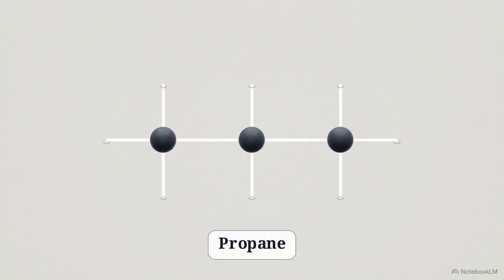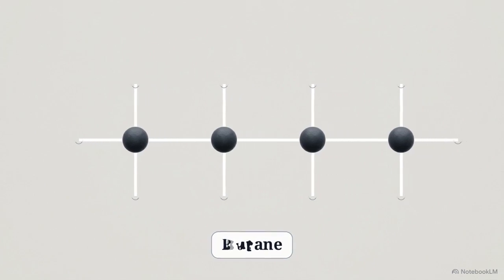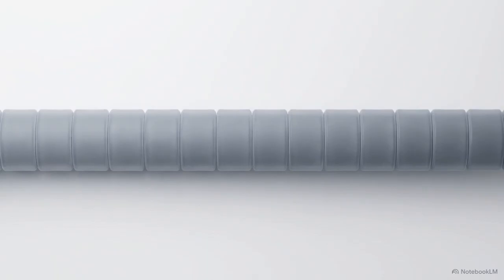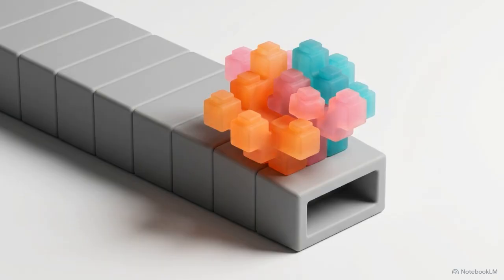Here is a chain of carbon atoms linking up in a straight line, with hydrogen atoms filling the gaps. It works exactly like Lego blocks. To make a new molecule, just snap on 1 more carbon link and 2 hydrogens, expanding the chain. But you aren't limited to just those simple links. You can pop off a piece at the end and snap on a specialized cluster of atoms instead.